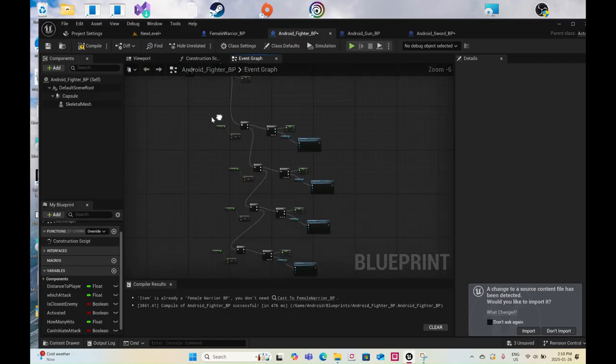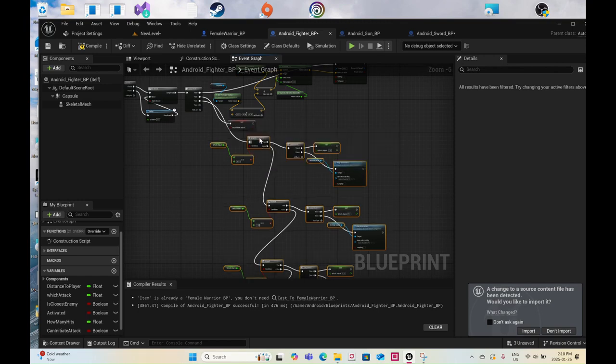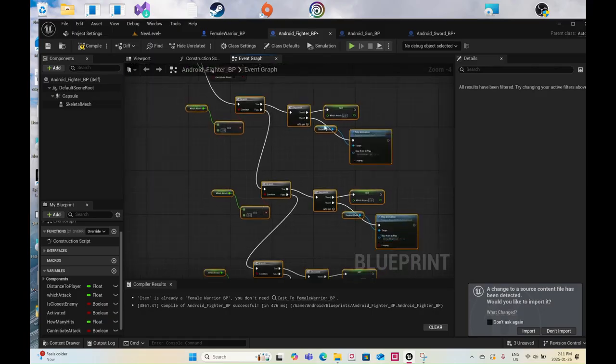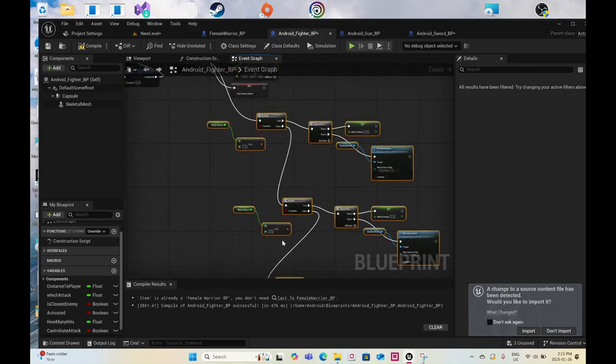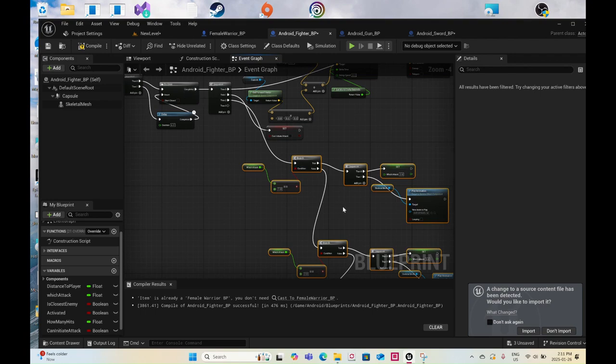So he's got 4 different attacks, depending on what the which attack value is. So if it's 1, then it plays this one. If it's 2, then it's this one. And after, if this is 1, it not only plays this, but it sets it to 2. So only one of these is played. And these are 1 second long. And there's a do once node, so you can only do one at a time. So after that's done, after delay,